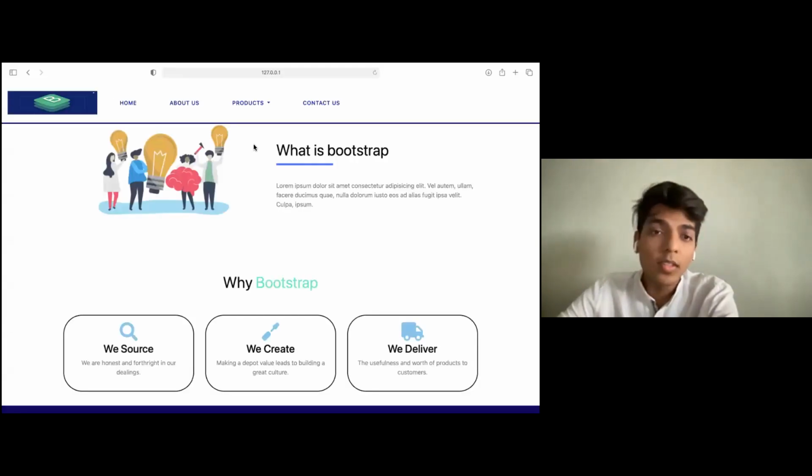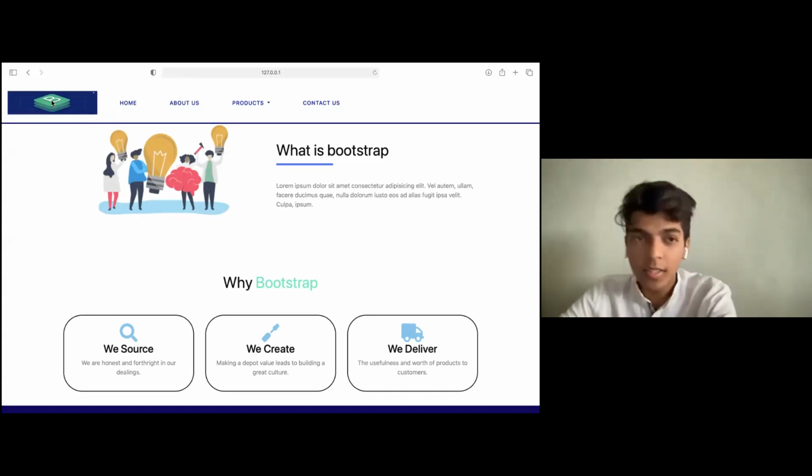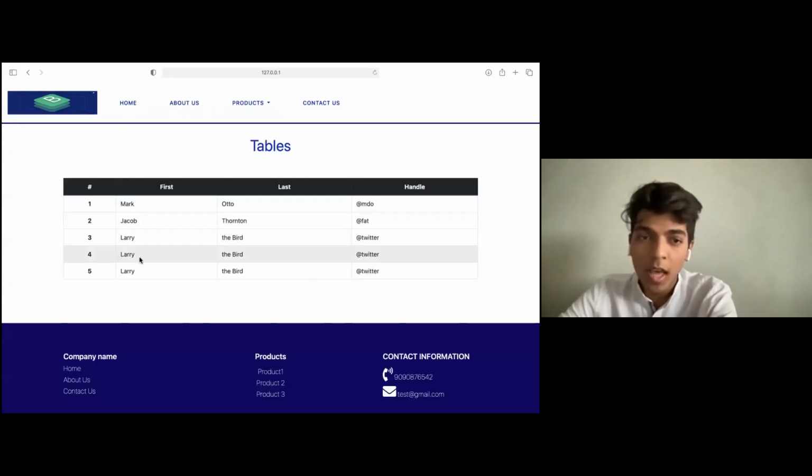Okay. So this is something that we are going to build today. There is this image, this home, and when you hover over it, the color changes. There is a drop down. When you click on product one, the table appears. I can hover over the table, and we can see that as I go on one, it is a little bit lighter. When I go on two, it appears gray and all of that.